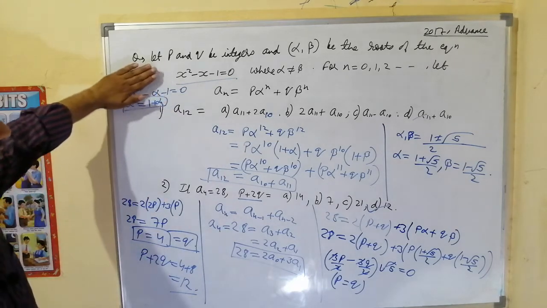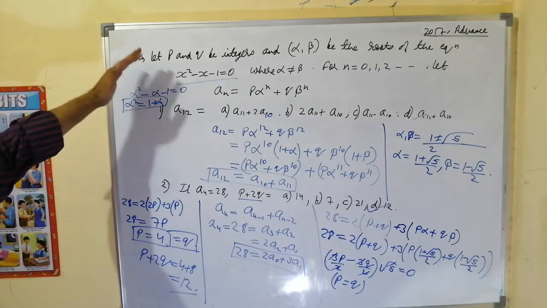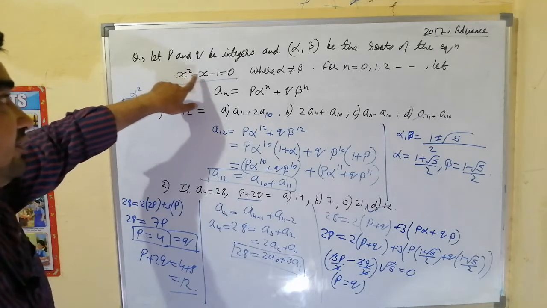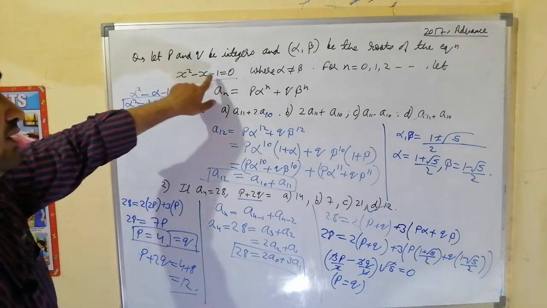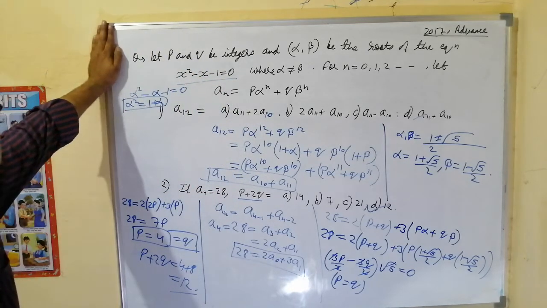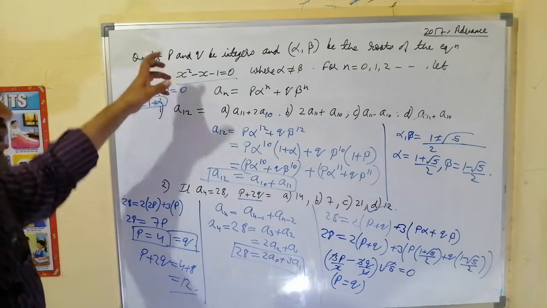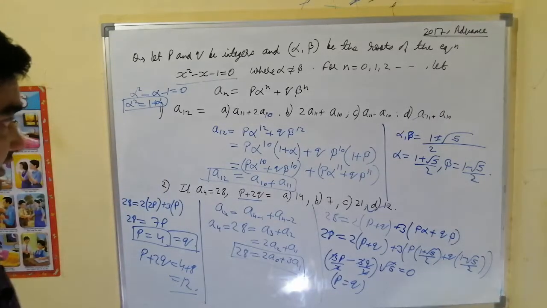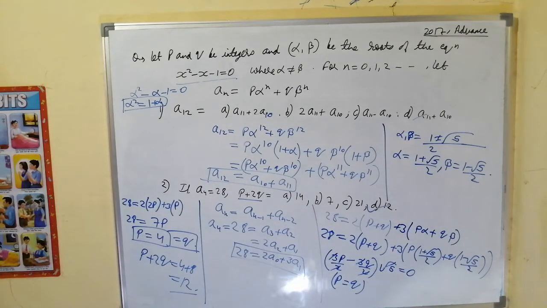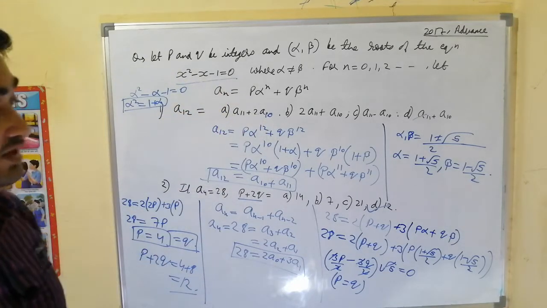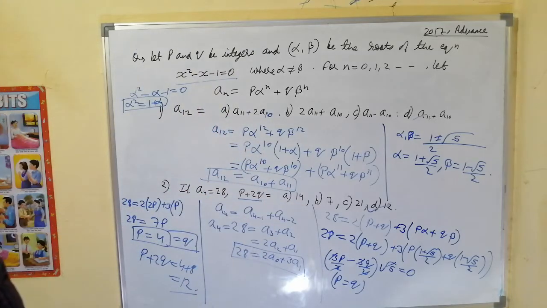This is a cliché kind of concept. In many problems we have to use this, that whenever alpha is a root of this, then alpha square is equal to 1 plus alpha. Whenever we have to reduce the power, we can use this concept based on the equation. In this case, put x equal to alpha and find out alpha square in terms of alpha and constant, and make that replacement to reduce the power. That is what we have to do here. A12 we have to find in terms of A11 and A10. So we have used that and we got the answer as A12 is equal to A11 plus A10.